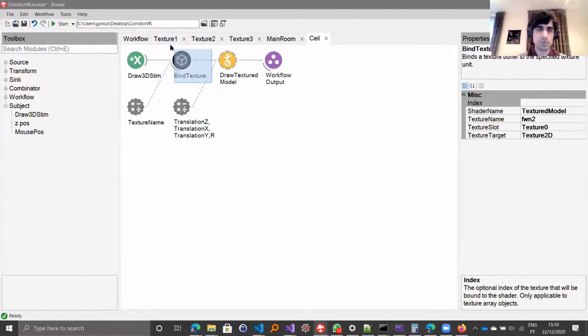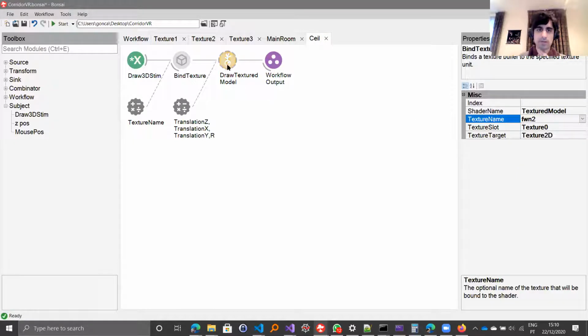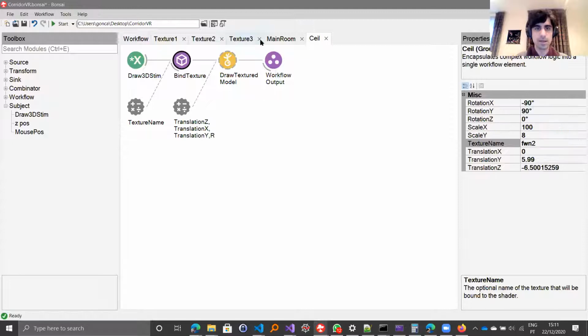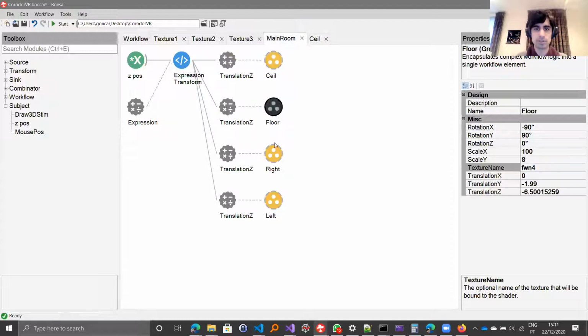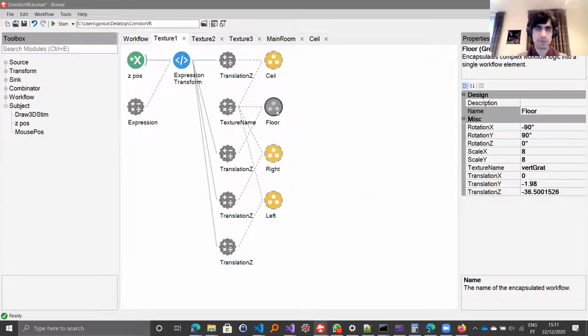So you use this operator called BindTexture. You bind it to the shader texture model. You pick a texture name from the ones that are available, the images that you dragged in, and then that model will be drawn with the surface mapped to it. That depends on how the geometry of the object is defined, but the surface will be tiled with the image. And then you can just repeat. So these are just a series of these textured models for the main room. So you have the ceiling, floor, right and left, and then these ones are the different segments